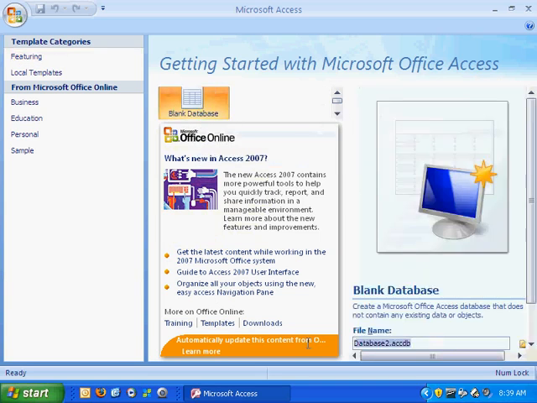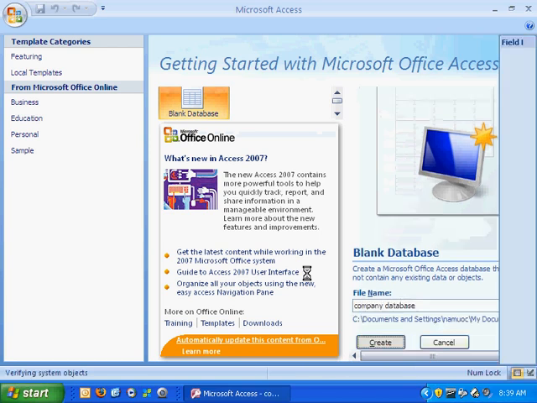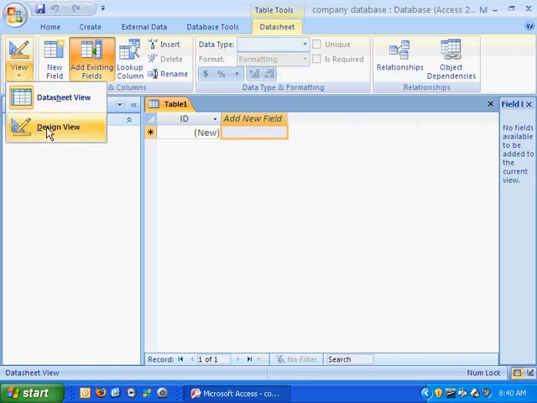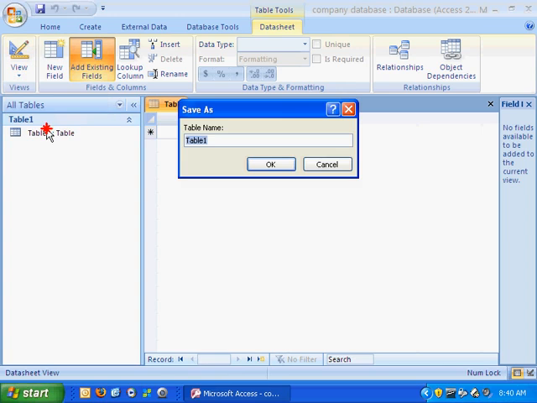Over on the right hand side, I'm going to give this a name. We'll call this Company Database, and then hit Create. Now what we'll do is we'll create our table in Design View. So in the upper left hand corner we'll hit Design View, prompt it to give it a name. We'll call this Products,